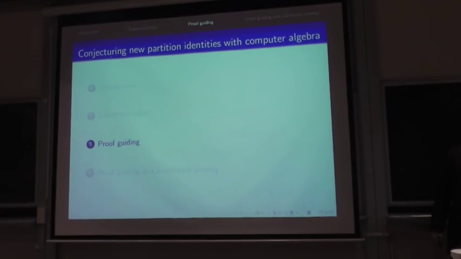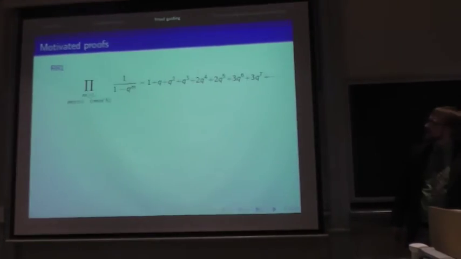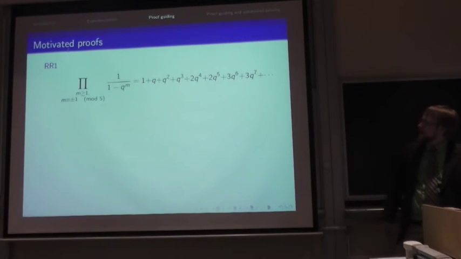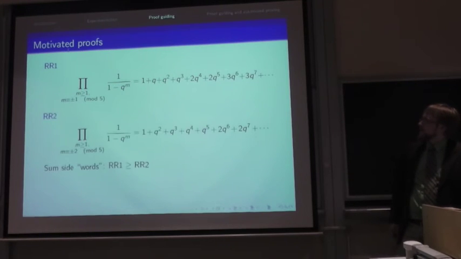Okay, so that kind of wrapped up the first part. Going to switch over to now not just conjecturing new things, but now a little bit of guiding proofs. And so here I'm going to talk a little bit about motivated proofs of partition identities. So we have the 2 Ramanujan